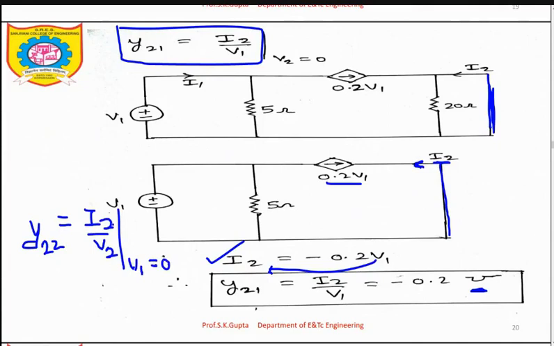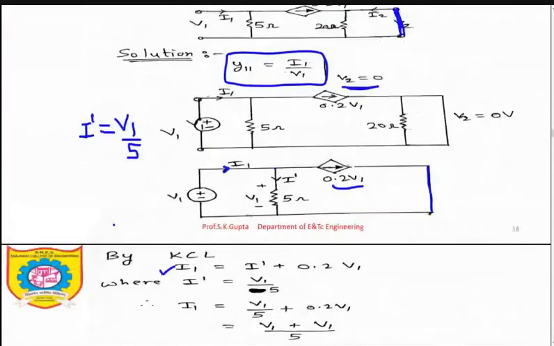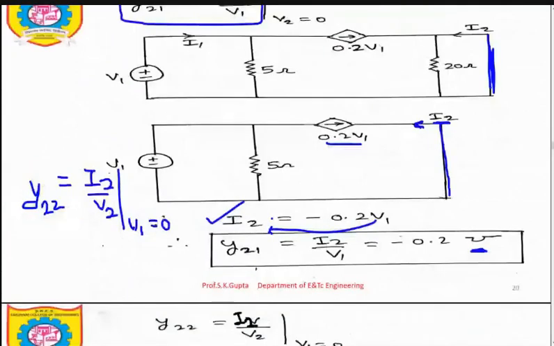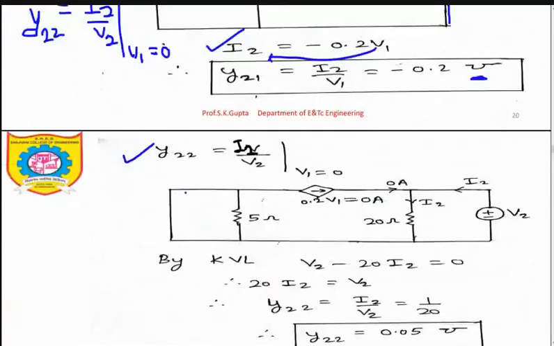Okay. So just look at the circuit. Again we will make V1 as 0, which means this is short circuited. So a short circuit in parallel with 5 ohm, short circuit. So I will have this type of circuit. Y22 formula I have written. So short circuit parallel with 5 ohm, short circuit, is replaced by one short circuit. Okay.